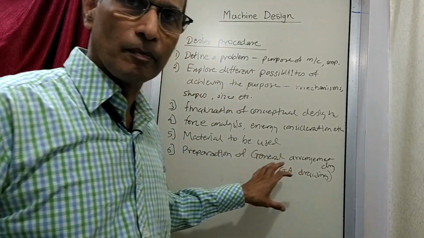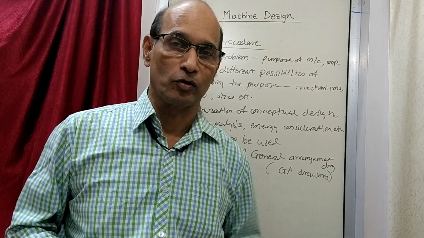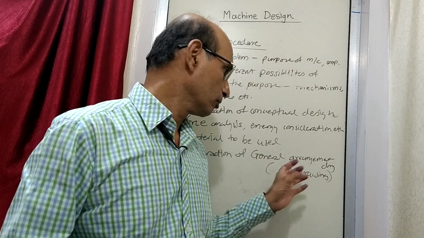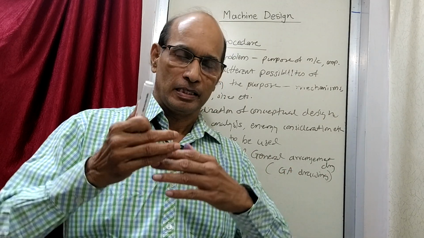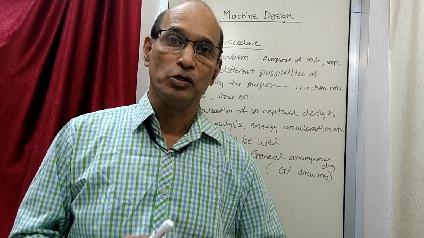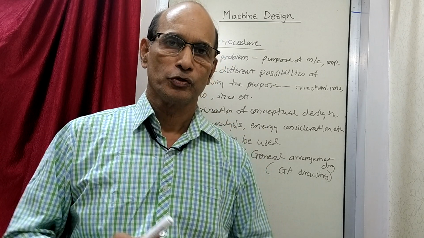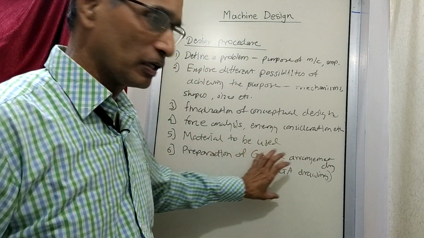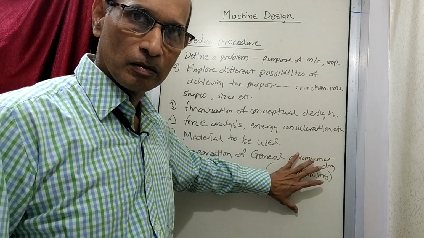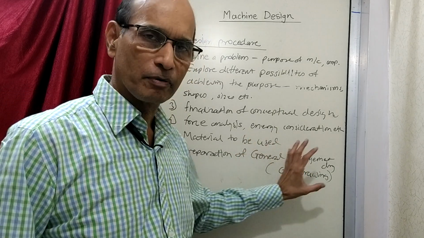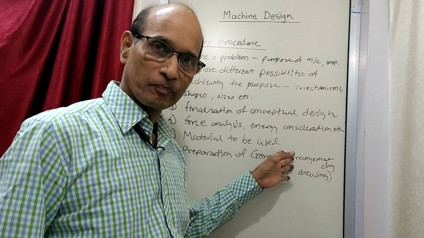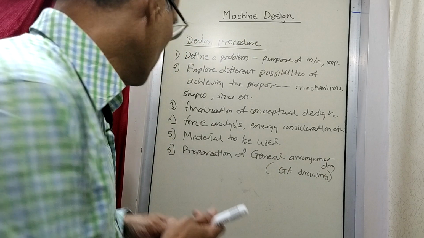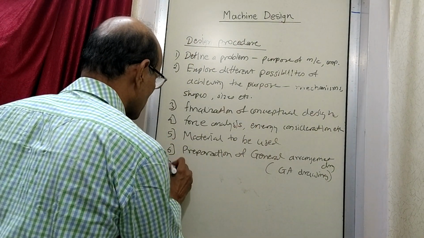You can say this is coming closer to what you know as an assembly drawing. So you can think of this as a step which is prior to making the assembly drawing. So you have prepared some approximate diagram, a general arrangement of your machine, which involves all the different parts which you have thought about here. So having made the general arrangement, the next thing is you prepare the assembly drawing.